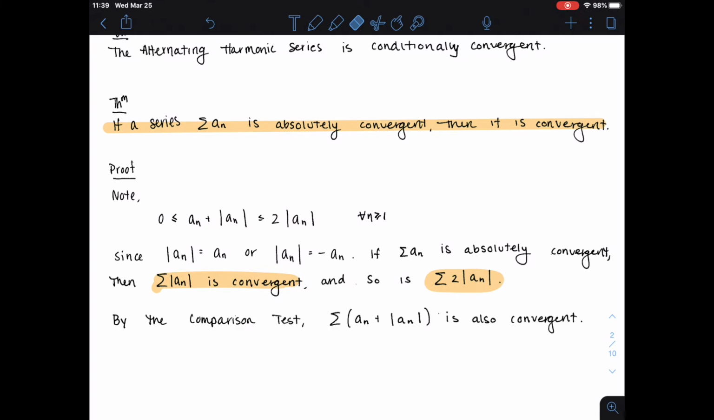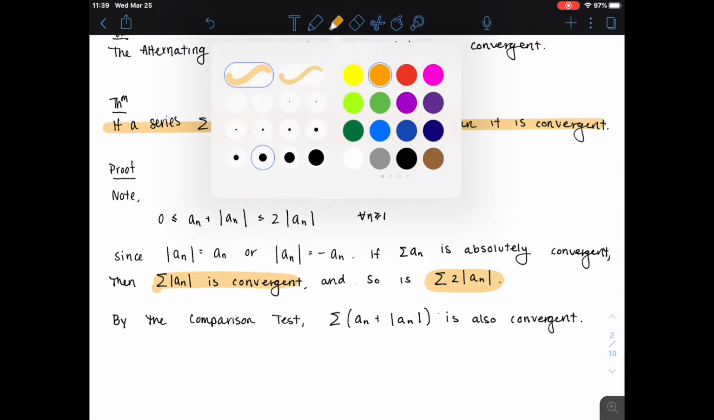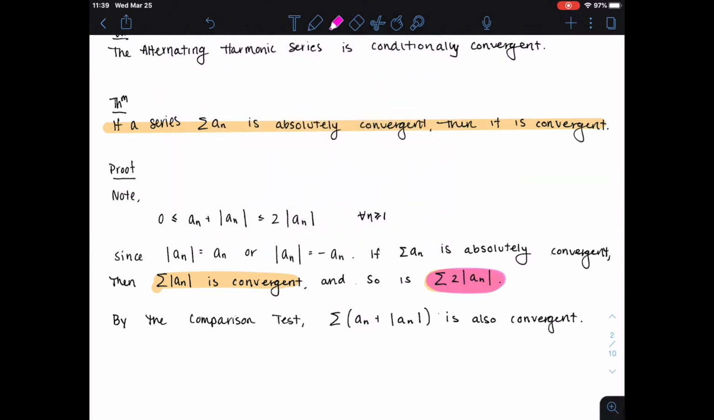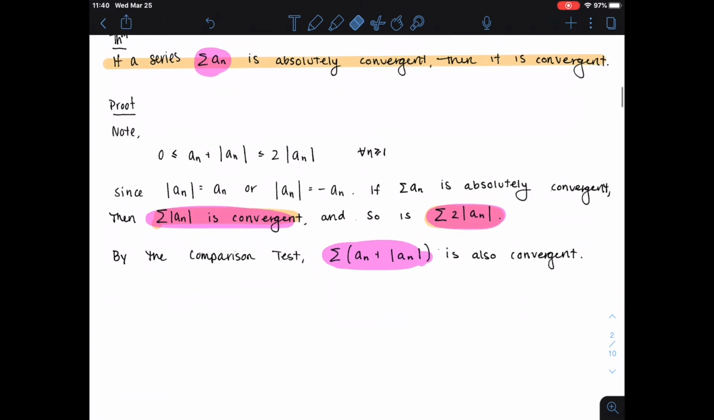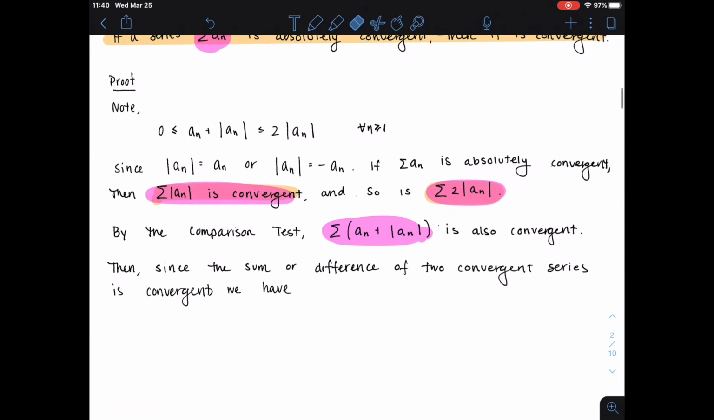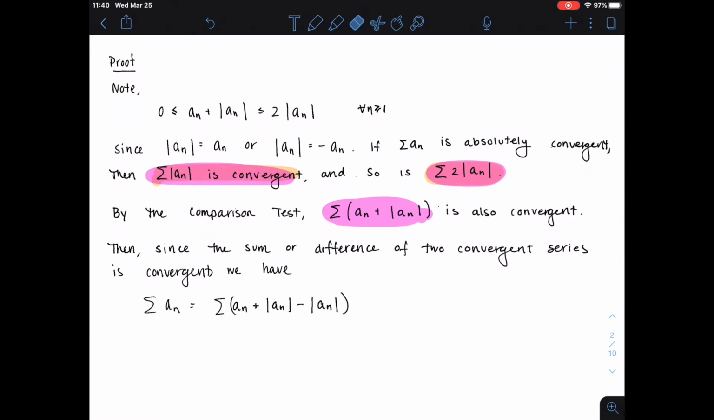So by the comparison test then, because this term is trapped between 0 and something convergent, you get that it is also a convergent series. So I now know the sum of 2 times an is convergent. I know the sum of an is convergent, and I know that this is convergent. So what we can actually do is rewrite just our original term we started with to get that it's normally convergent. So since the sum or difference of 2 convergent series is also convergent, we can rewrite the original series